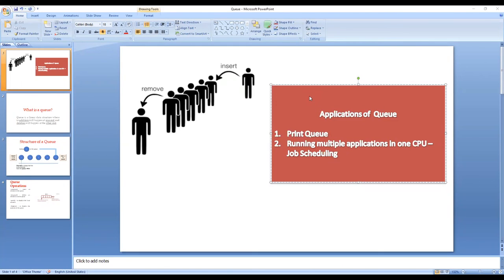When you have one single printer and more than one machine connected to the printer, it prints on a first come first serve basis. Similarly, running multiple applications in one CPU, that is job scheduling, also follows the same data structure, namely queue.